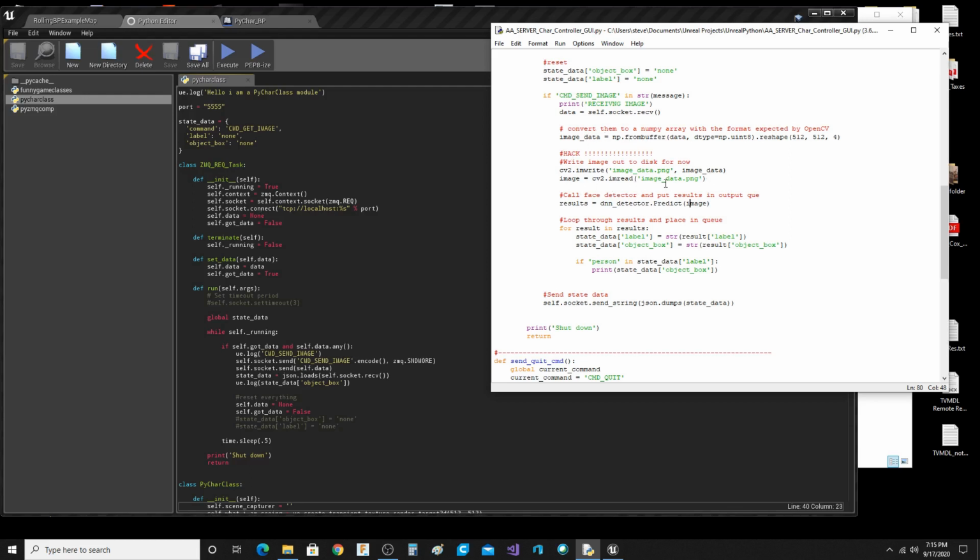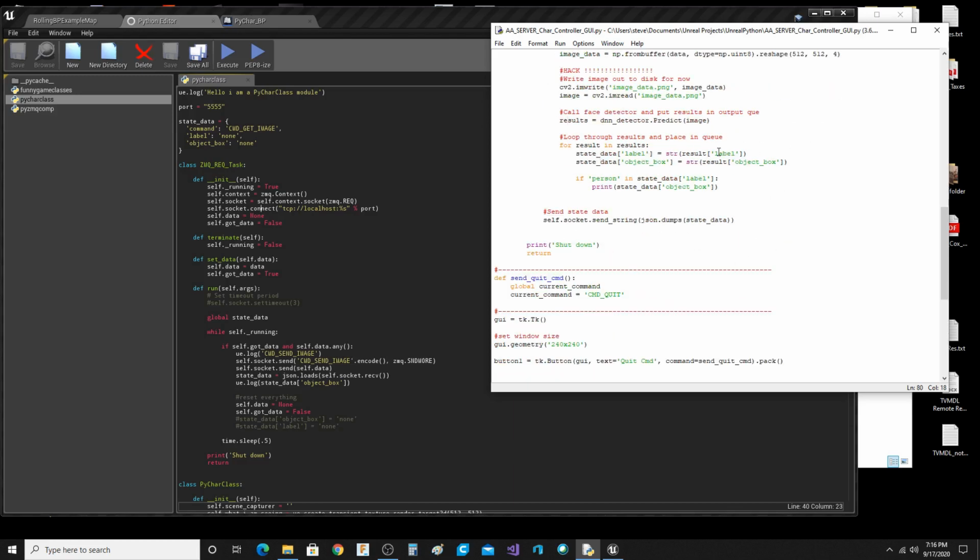I've got other examples of doing it, but every example that I work on where you grab the screen is always a little bit different, and the model has to be exactly right for that model to work. Anyway, you run the model, you do a prediction with that image, you have your results, and then you turn around and go through the results, and we pull out the label and the object box from the results,